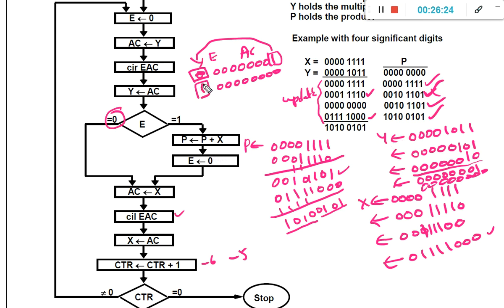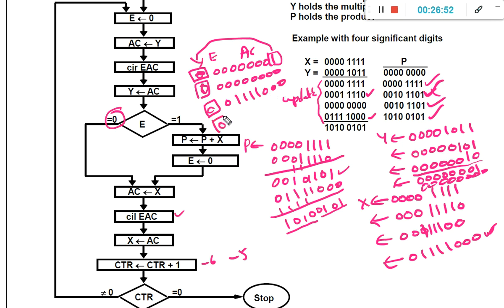Now clear the expansion bit to 0, and then move the x value to accumulate register. So what is the present x value? So this is the present x value. Move that value to accumulate register 0 1 1 1 1 0 0 0, and then this is the expansion bit, and then perform the circular left operation.